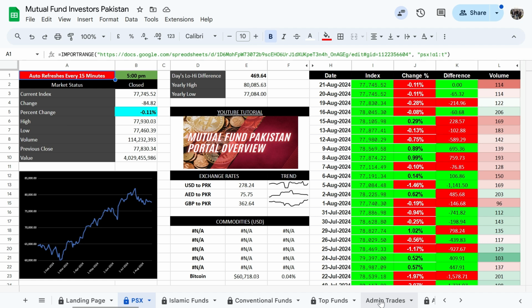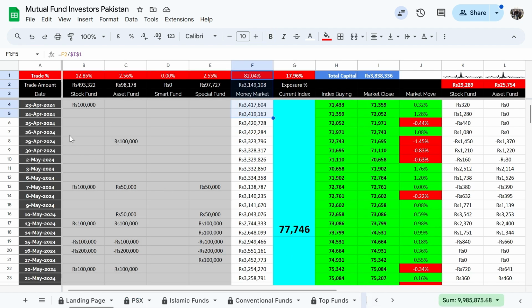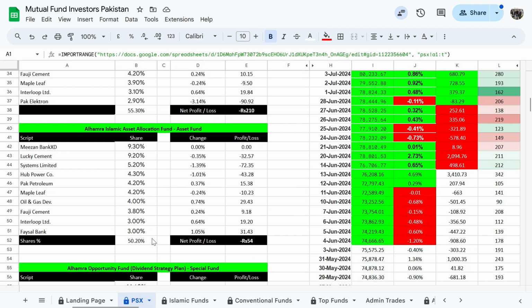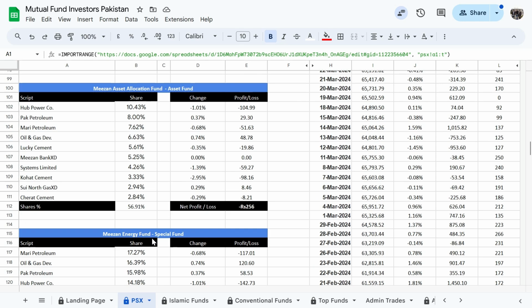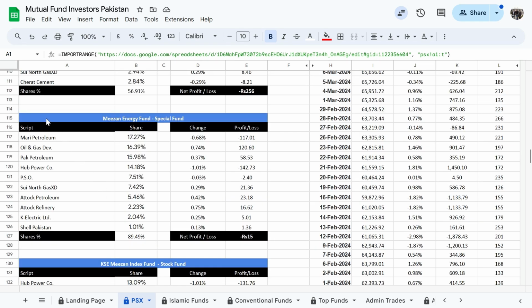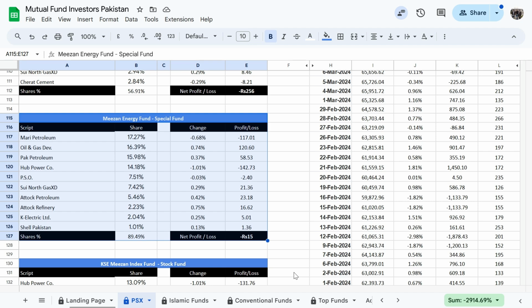In a quick summary, column A is simply the days when the stock market is open. Column B is for your stock fund. Column C is for your asset fund. Column D is for your balanced fund. And column E is for your special fund, which specializes in certain sectors like the UBL Financial Sector Fund or the Maison Energy Fund. Then lastly, we have column F for your safe cash funds, which return safe and easy